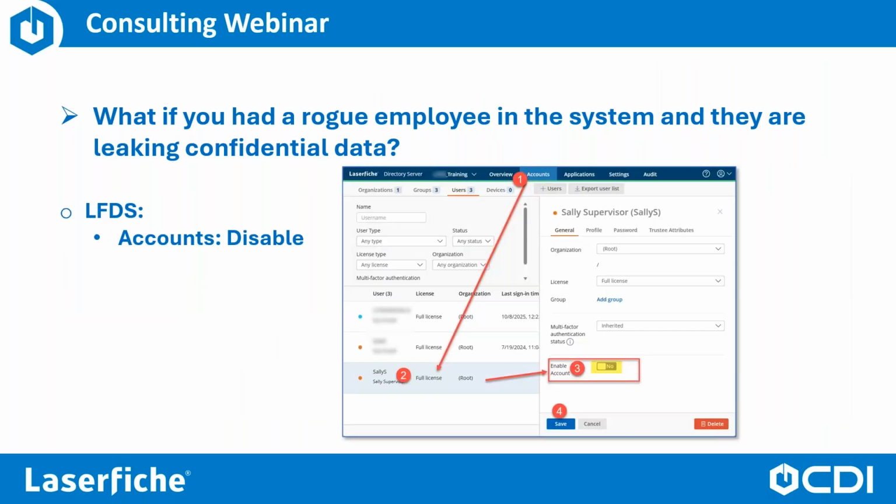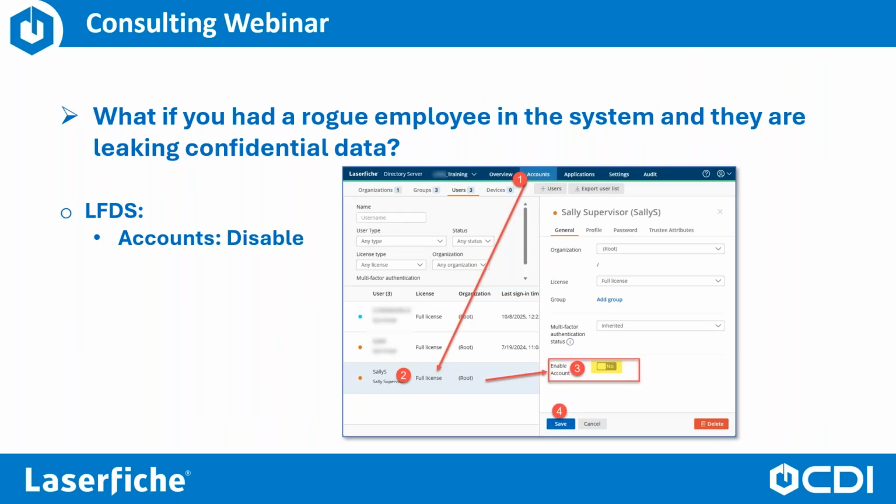If it is an account that you have created in the Laserfiche directory server, go to the accounts tab and then go to the account name and disable that account. There's a toggle under the properties for that account. You can see that on the number 3 item there, and then save that change. That prevents that user from signing in to Laserfiche if they are an LFDS account or a Windows account.